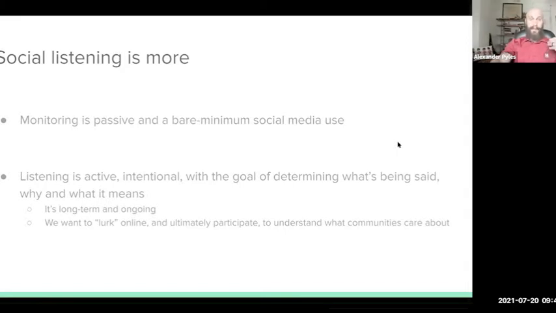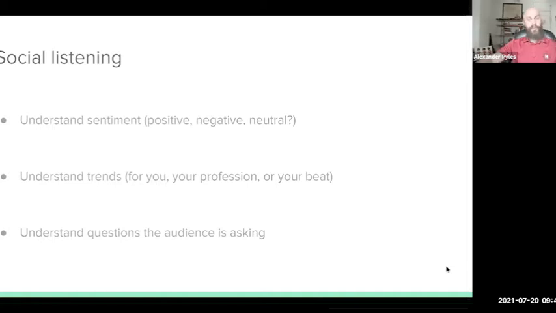and it can inform our reporting and make it better, right? And also make data stories better, right? Because we understand what we could be looking for or should be looking for in the data that we're using to tell these really compelling, deeply reported stories. So some other things that go along with social listening,